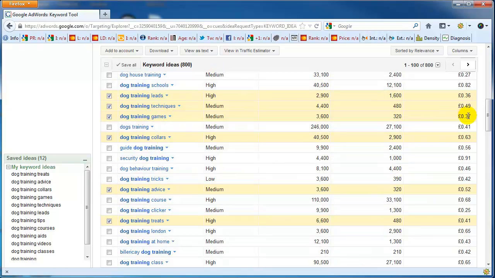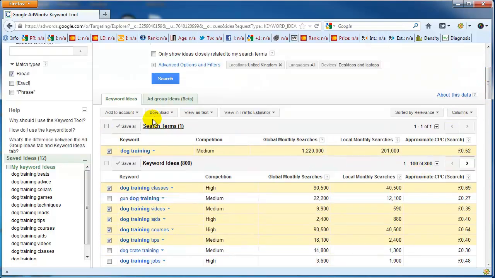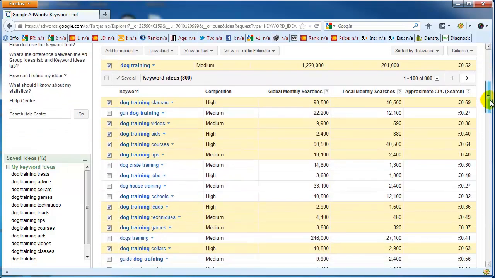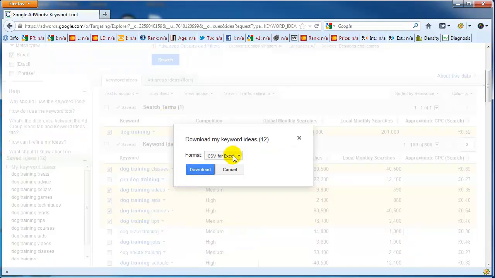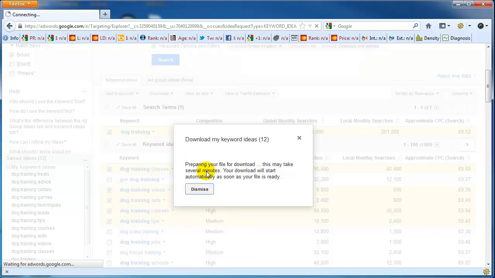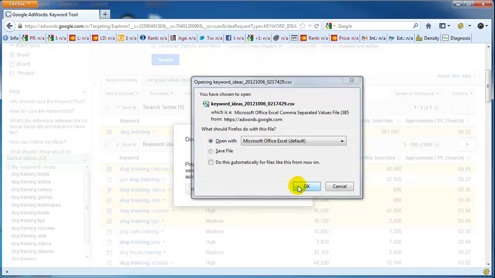Google's telling you they're relevant by showing you in this set of results, and basically, if it's a big keyword, you'll get up to 800 keywords. Now you can download these for research. So if you click here, download, I've clicked 12 keyword ideas. I want to download them as a CSV file, and if I open the file now to show you what information we get,